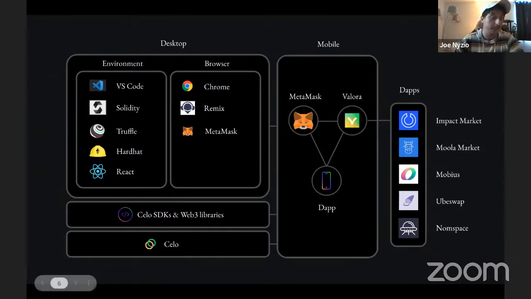And finally, I like React. Some of the tools we have use React, but you definitely don't have to use React to get started with Celo. We just pick that as what a lot of our tooling integrates with. But if you have a different framework in mind, you can get set up with that too. Aside from that, there's the Celo platform itself where all the data is logged. To connect this dApp to the Celo platform, you're going to use different Celo SDKs and Web3 libraries. That's what Nestor is going to talk a bit more about towards the second half of the session. So I hope that gives you a good visual of where we're headed.